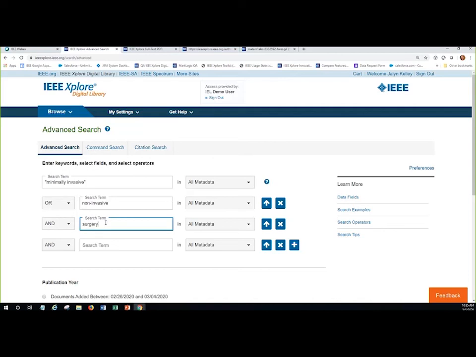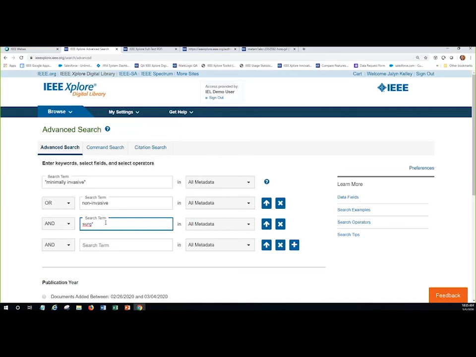So the database does automatic stem variations, so it automatically finds pluralized nouns, verb tenses, and British and American spelling variations for you. So for surgery, it would automatically find surgeries, plural. But it's not going to find surgical, which is not a verb tense or a pluralized noun. So within Xplore, we have what is called a wildcard. It's an asterisk. It stands for any or no character. And by placing the asterisk after the G here, I'm telling the database to find any word that begins with S-U-R-G.